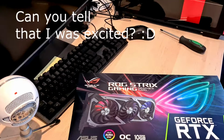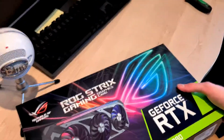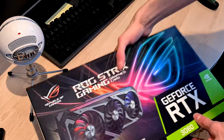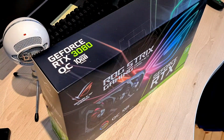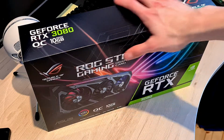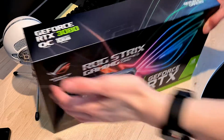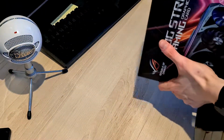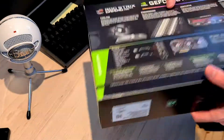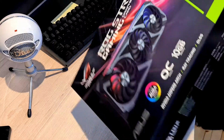I mean, this is amazing. I still need a better way to unbox shit, but you can see it's amazing. Like, oh my god, I'm so excited. Anyway, this packaging feels so nice. I mean, it better be. But yeah, this is like